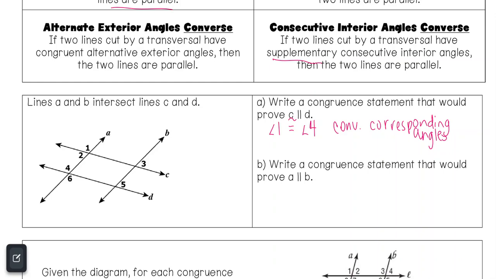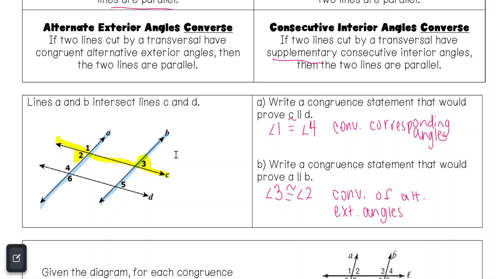In the second example, it says to write a congruent statement that would prove line A is parallel to line B. So this time I want to try to find what transversal relationship angle pairs I can find. So if I focus on the transversal of C, I can see that 3 and 2 would be alternate exterior angles. So if I had a statement that said angle 3 is congruent to angle 2, then by the converse of the alternate exterior angles theorem, then I would be able to say that since they're congruent, A and B